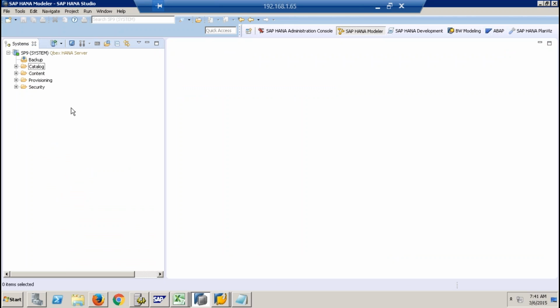So like this, you'll have lots of different perspectives in Eclipse. Depending on what kind of activity you're working on, whether you're working with the Eclipse tool relevant to BW, or ABAP, or native development, or HANA modeler, each will have different perspectives, and every perspective will have different views. Okay. So for now,